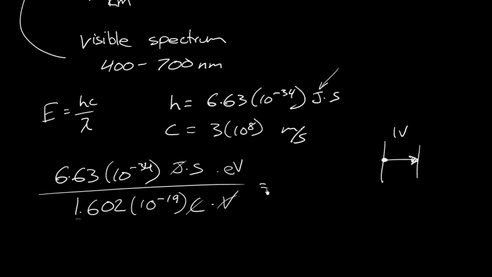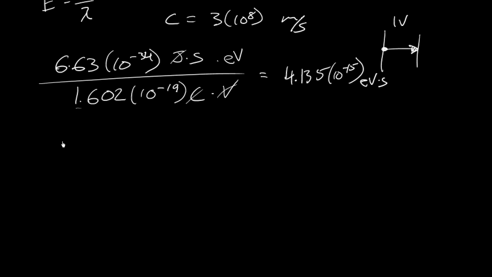And then we find that we get a value that's often a little bit more useful. And I'll show you that again with the visible spectrum. So that works out to 4.135 times 10 to the minus 15 electron volt seconds for the Planck constant. So now we can say, all right, let's take this 400 to 700 nanometers and calculate the photon energy, and if we do that, we'll find that the photon energy for, say,